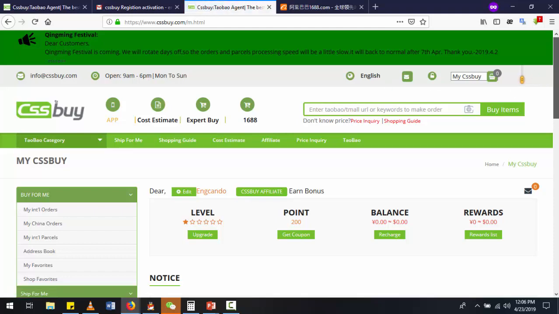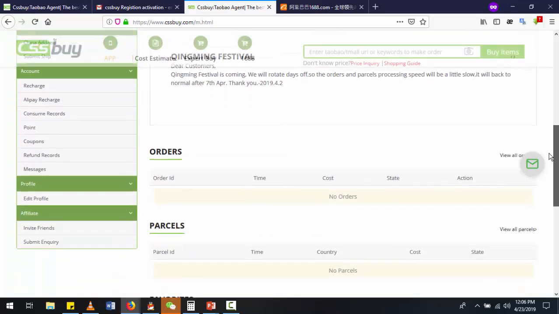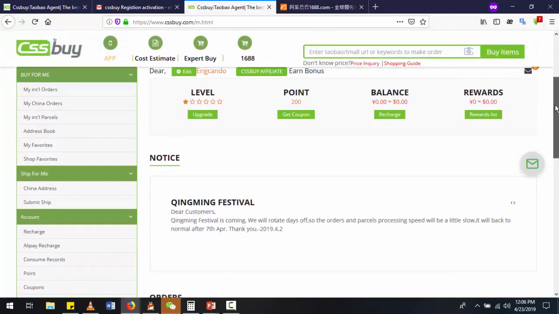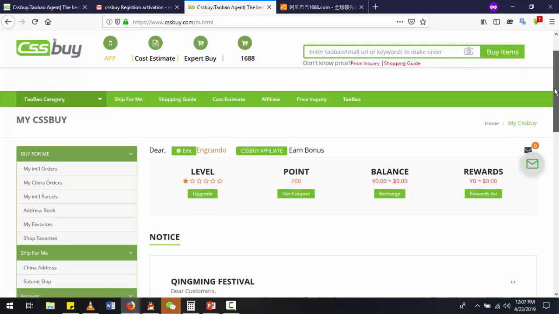So here is how the dashboard, the user center, looks like. This is the back end for the user. Anytime you log in, this is the place you normally see. I will later explain all the menus and the options that are available. When you sign up for the first time, you get 200 points. The more points you accumulate enables you to redeem coupons. So the first thing we have to do in setting up this account is